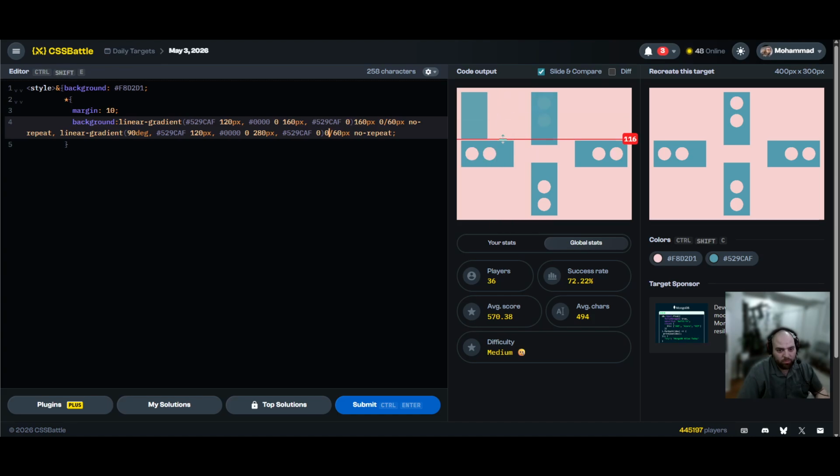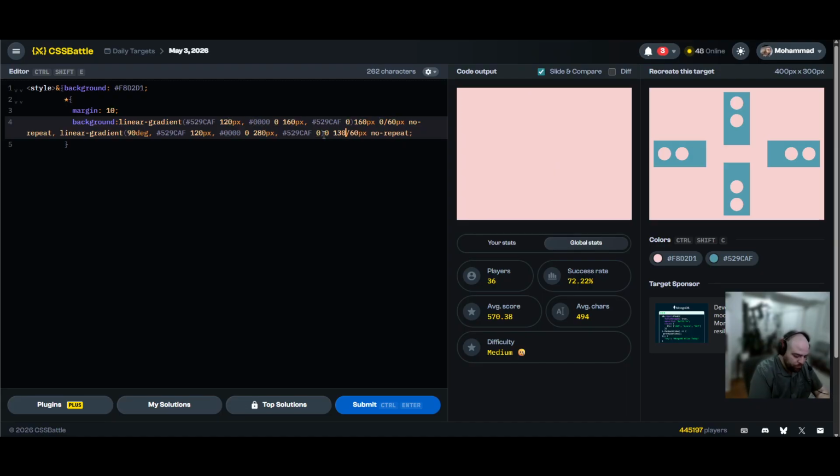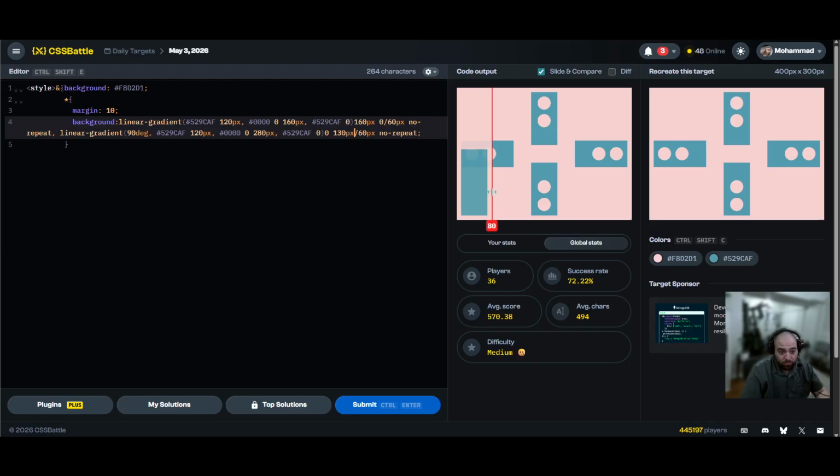So this will be 130. I'm confused. Why am I not seeing it properly? And then 60 pixels. This is the tile. 60 pixels wide by, it should be the full, no, should be